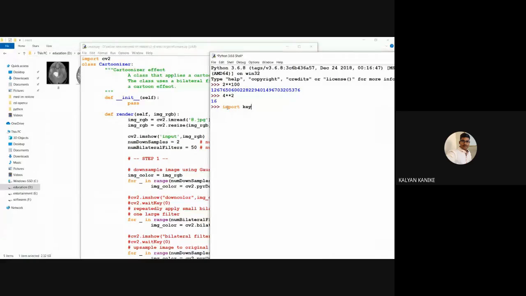So here import keyword we can say. Okay, so then we are printing keyword dot, from this keyword package, kwlist.